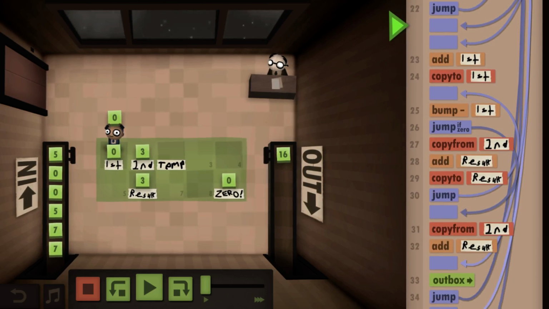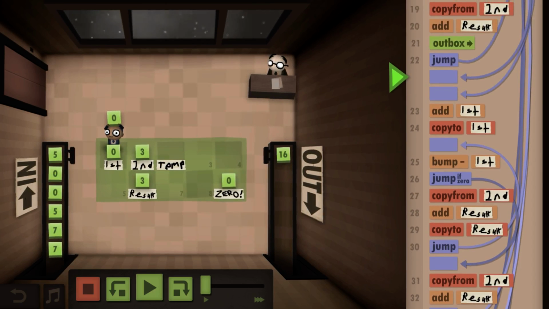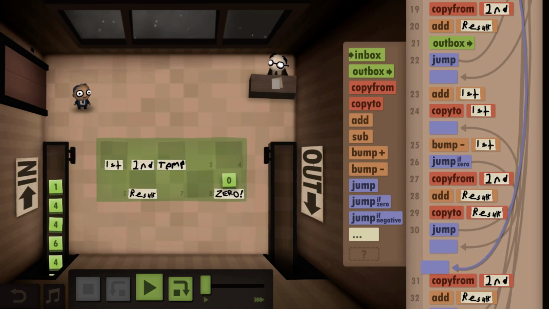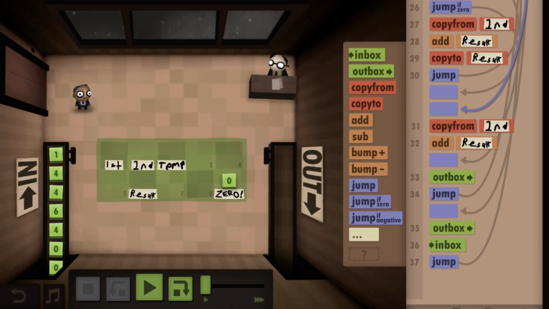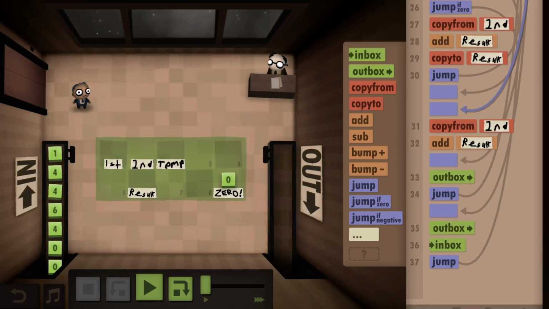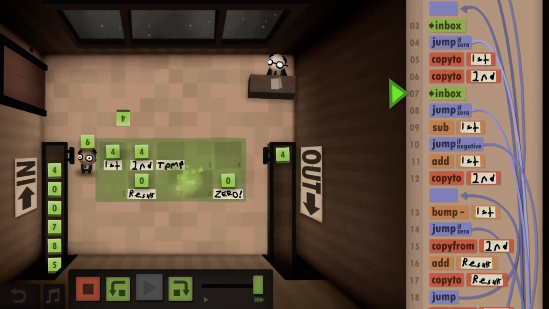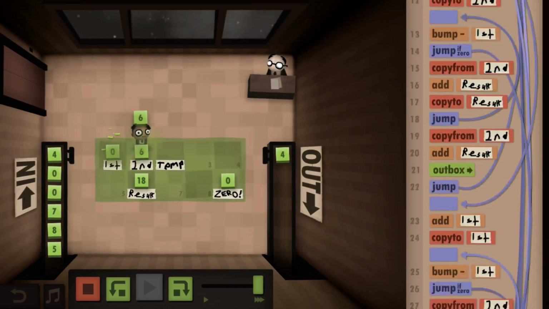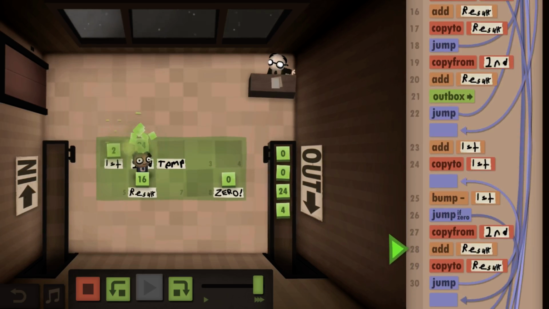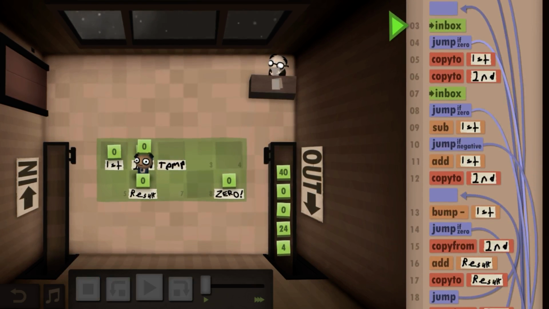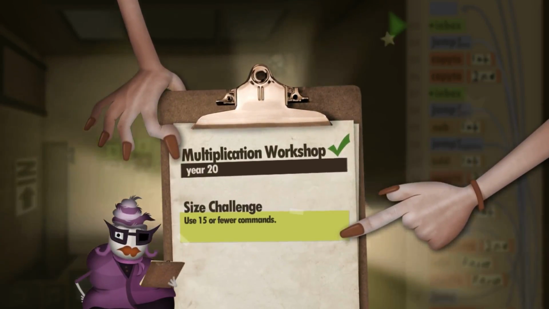This jump actually needs to be going to line 31, where we copy from second, add second to result one last time, then outbox. Let's try that. Keep it nice and speedy if we can. Will this save us that 10 steps? Hopefully. I'm kind of out of ideas off the top of my head.